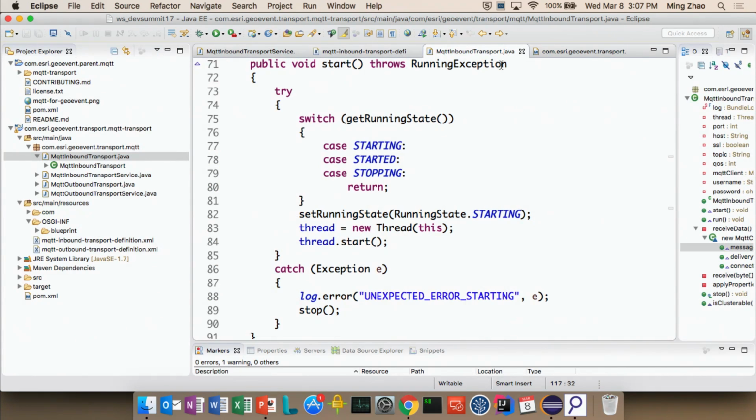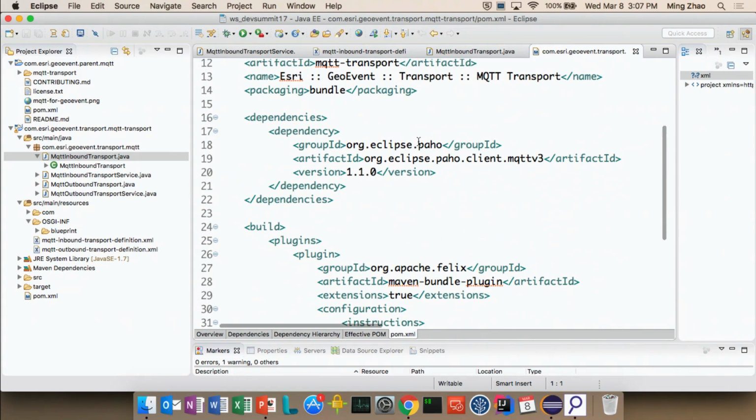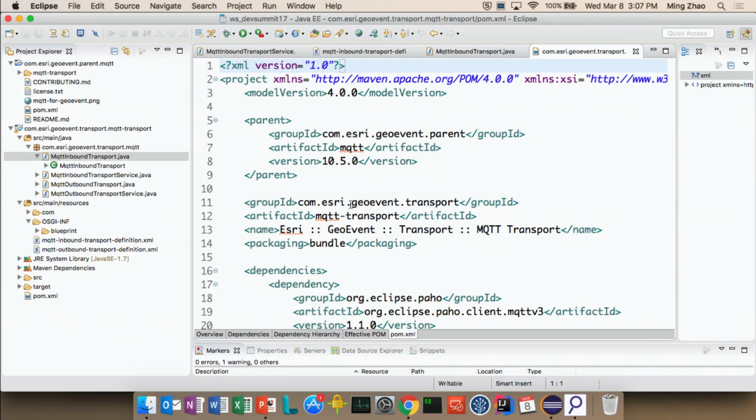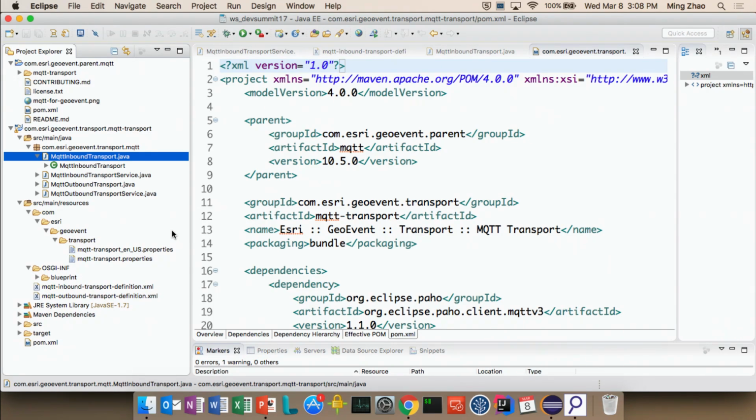So let's go back here. Let's look at the Maven again. The group ID for this component is com.esri.geoevent.transport. So under resources, we have a folder called com, and then under that we have Esri, under that we have GeoEvent, and under that we have transport. And then the name of the properties file should match the artifact ID. In this example, the artifact ID is MQTT-transport. And so we have an MQTT-transport.properties, and then we also have an